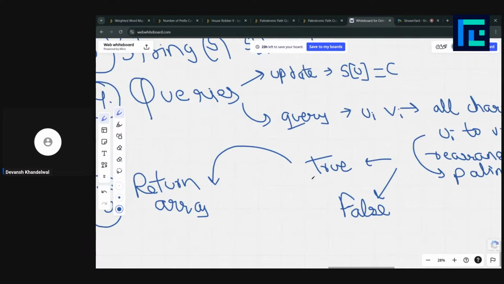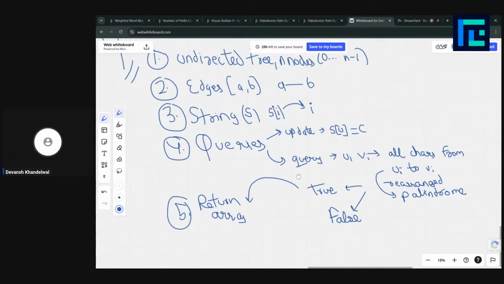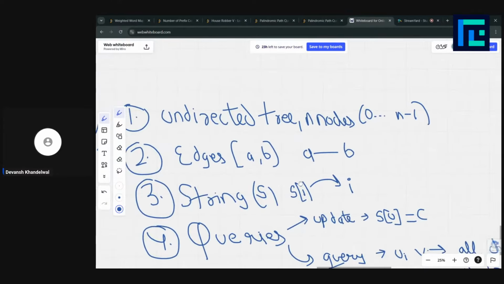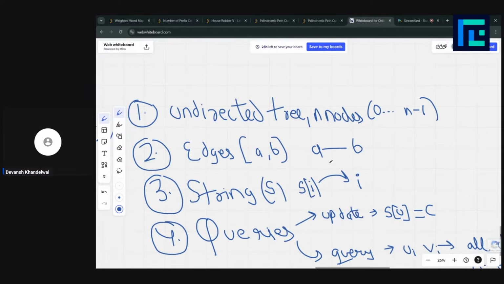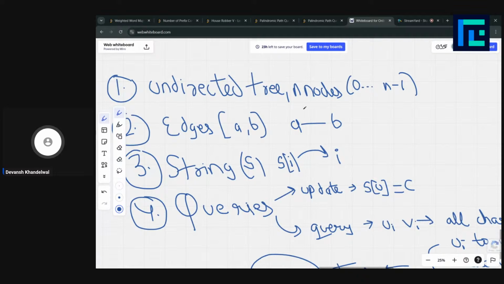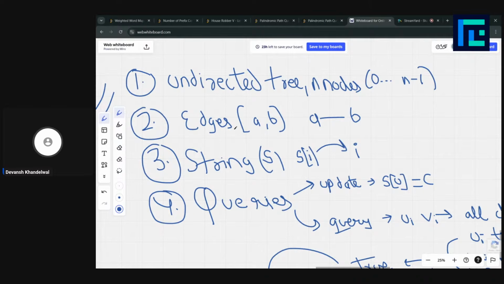Got it? So let's go step by step. First we are given an undirected tree of n nodes, and for this tree we are given edges, which is a 2D vector where each index would have a vector a, b telling us that an edge between a and b exists.